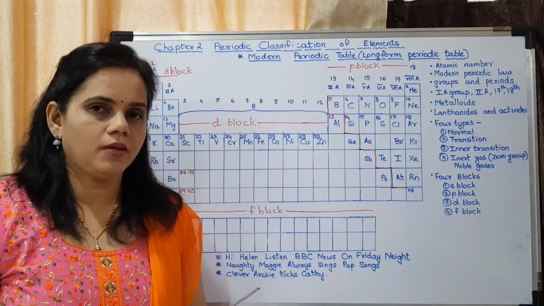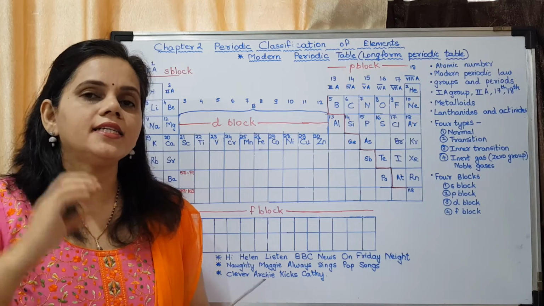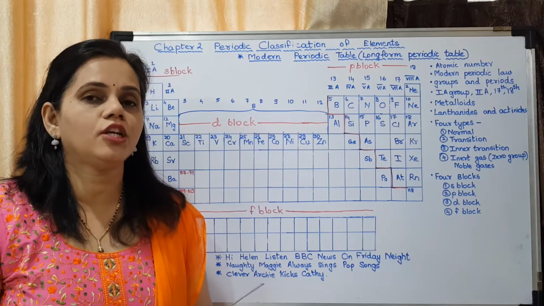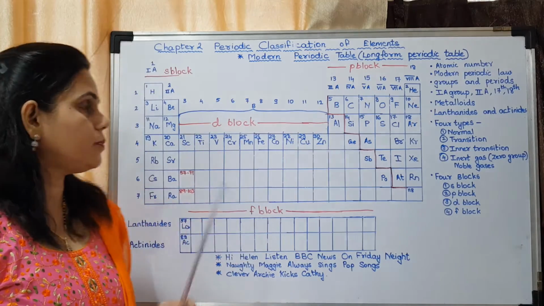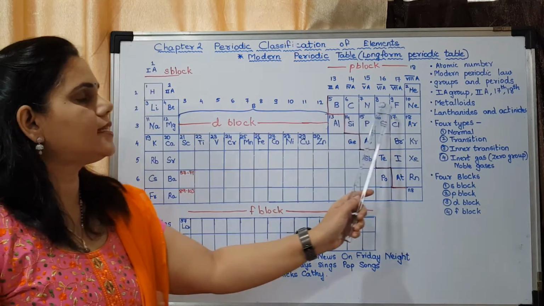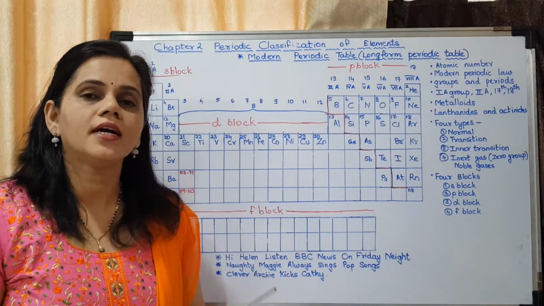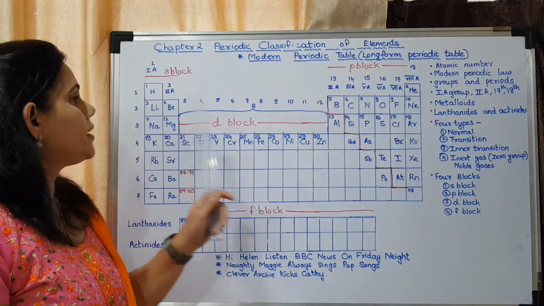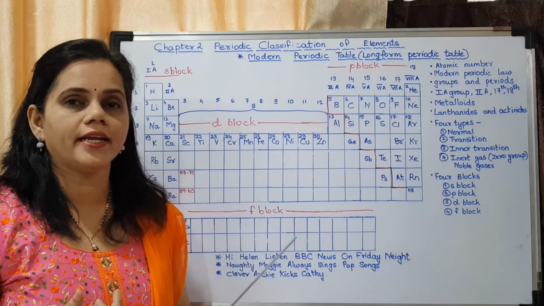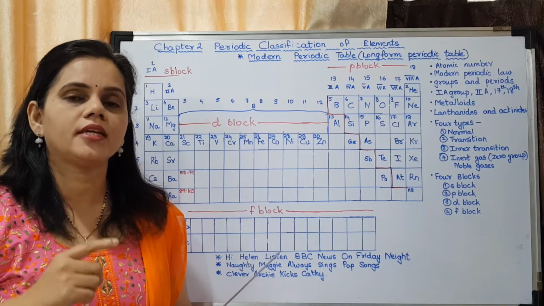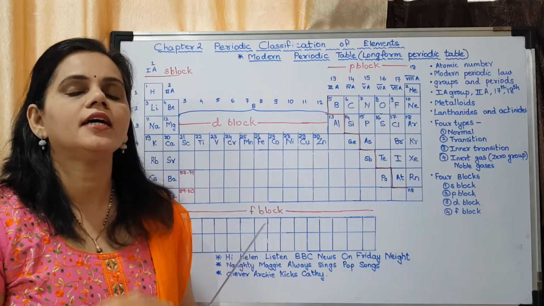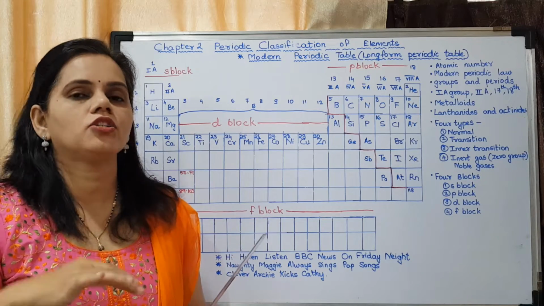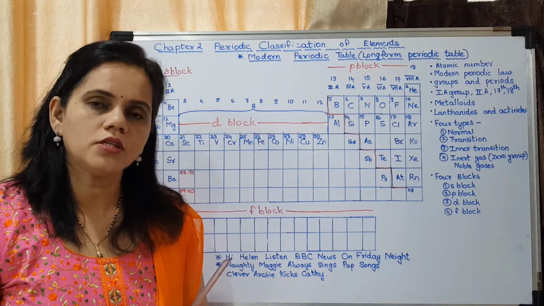The third problem was of the increasing atomic masses. The values were not uniform. Okay. So here you may see it is in the increasing order of atomic number, and they are increasing by the value of 1. That is 1, 2, 3, 4, 5, 6 and so on. So they are increasing uniformly. Okay. So the third problem was also solved.